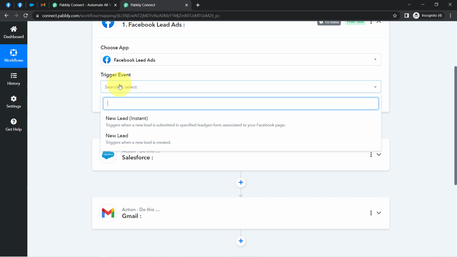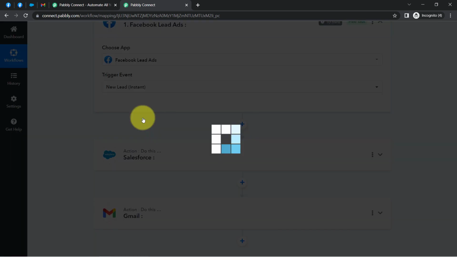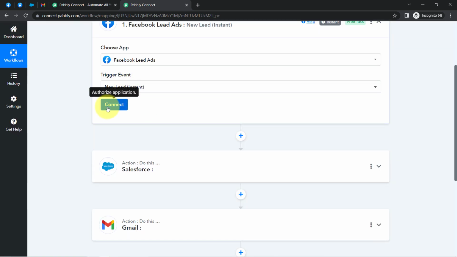So select the trigger event, that is new lead. You can also read the instruction. Triggers when a new lead is submitted in the specified lead generation form associated to your Facebook page. I have selected the same, and now before I make any connection, firstly I will take you directly